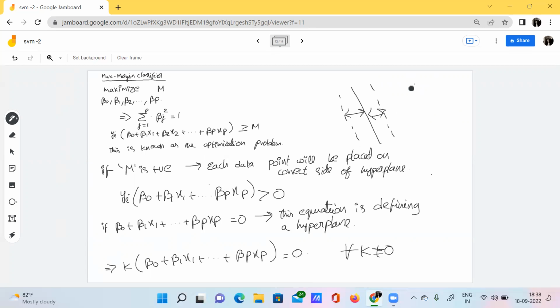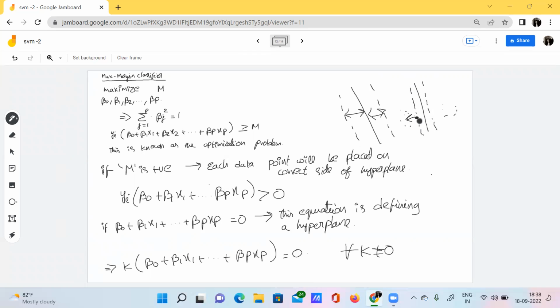Why? Because the wider the margin, the higher the confidence will be. For example, if we have a narrow margin and my data point is very close to it, then can I say that it belongs to this particular category? For example, I have some data point here. Can I say that this data point belongs to this category? No. Why?